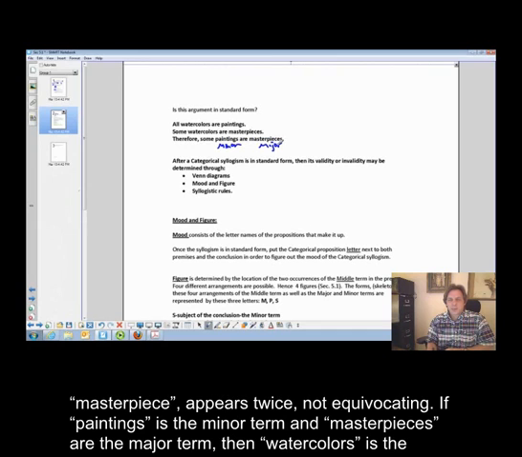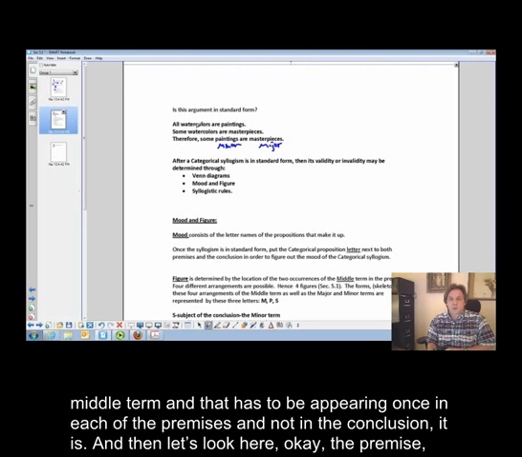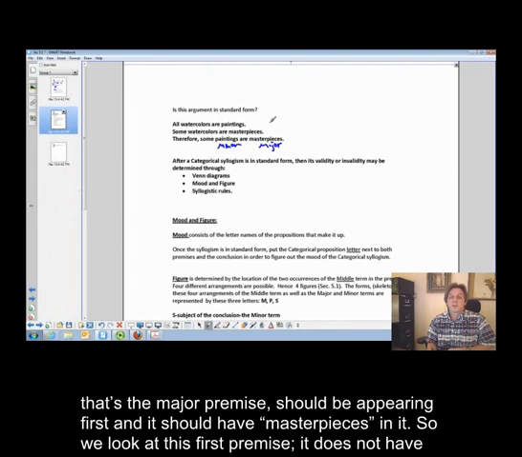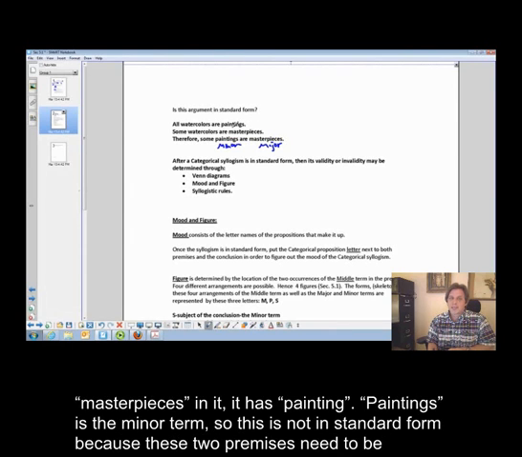If paintings is the minor term and masterpieces is the major term, then watercolors is the middle term, and that has to appear once in each of the premises and not in the conclusion. It does. And then let's look here. The major premise should appear first, and it should have masterpieces in it. So we look at this first premise. It does not have masterpieces in it. It has paintings,